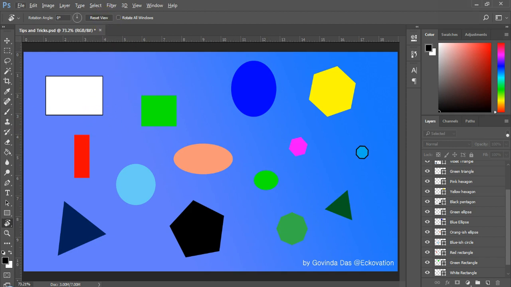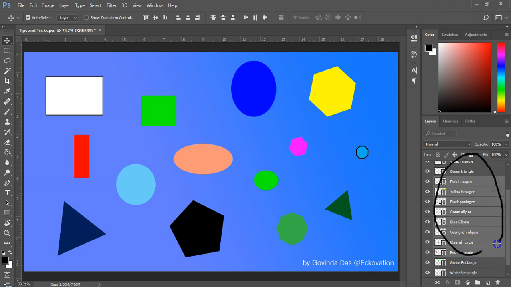Finally, I have already mentioned in our previous video about easy selection of layers, but I will mention it once again so as to have all the tricks in one video. You can select multiple layers by clicking one layer, holding Shift and clicking another layer, which will select all the layers in between these two layers. Or you can hold Control and click individual layers if you don't want layers in continuous order.